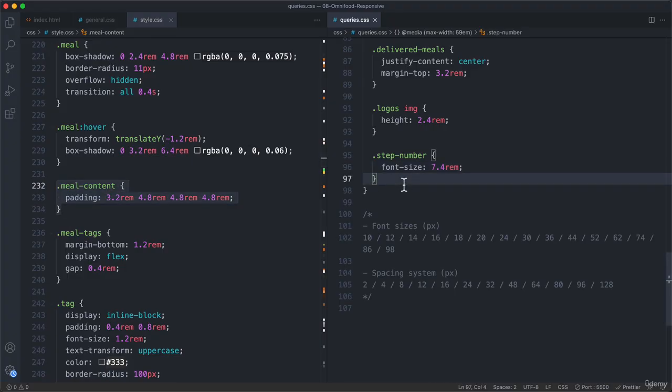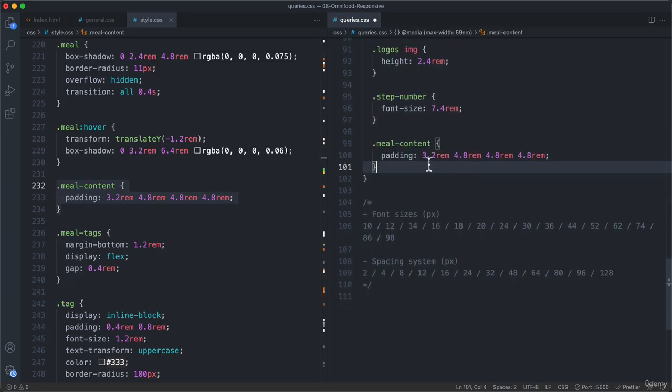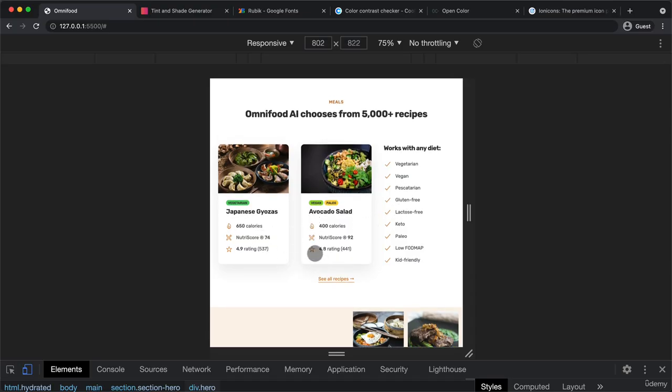So again, just grabbing that and then moving each of these here one step down. So from 3.2 to 2.4 and the other ones to 3.2, and just one more. Okay. Beautiful. So that fixed it, and the spacing here now looks a bit more in line with the rest